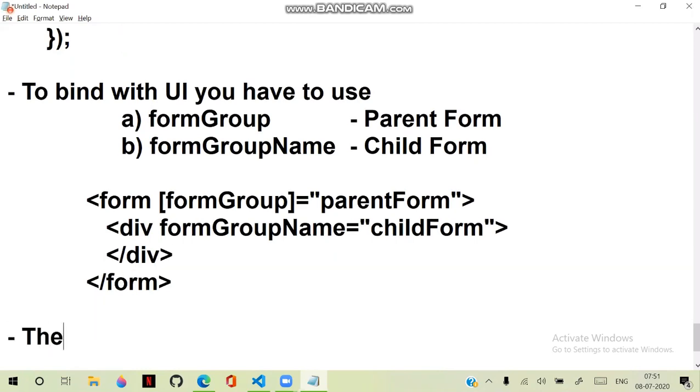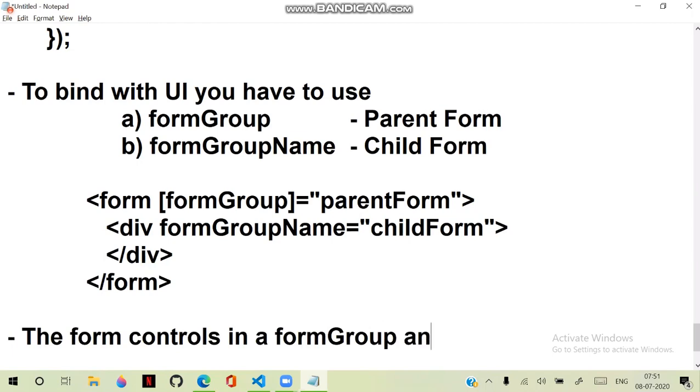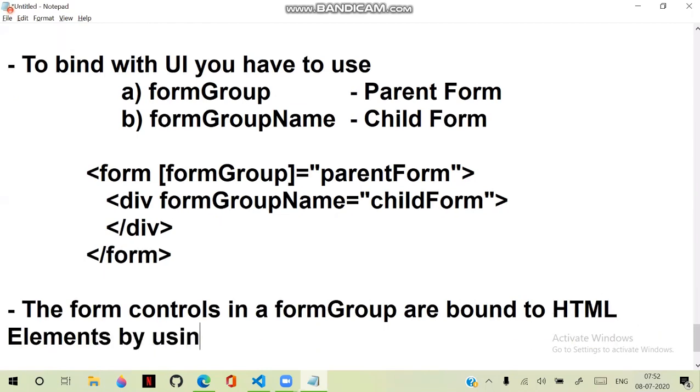That means the form controls in a form group are bound to HTML elements by using property, by using form